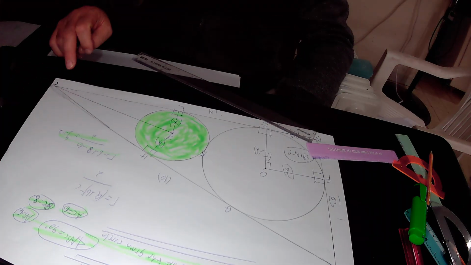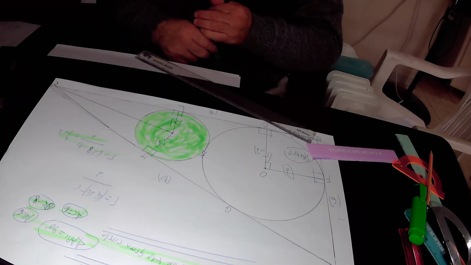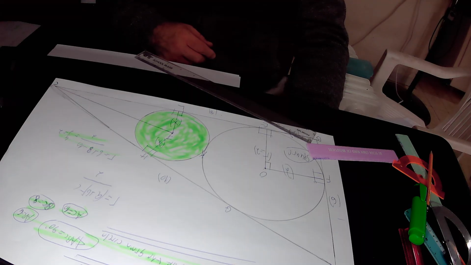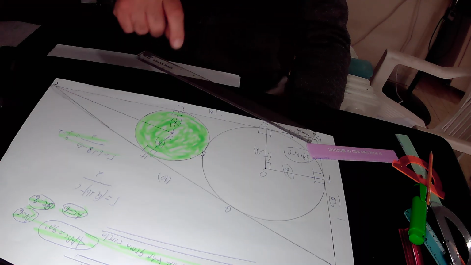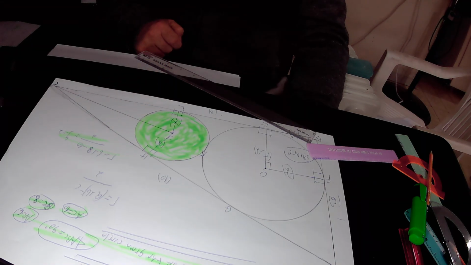By joining points C and J together, you can generate two right triangles. And in the next step, we will prove that those two right triangles are congruent to each other according to the side rule. But before that,